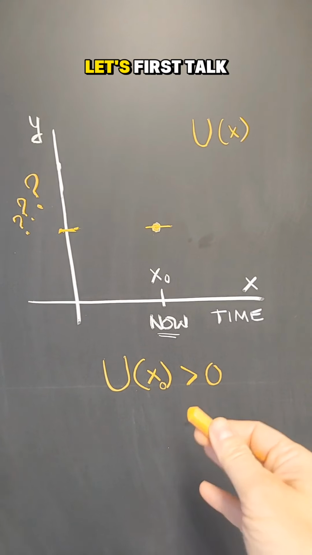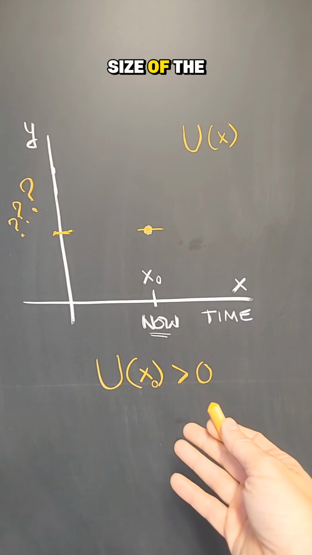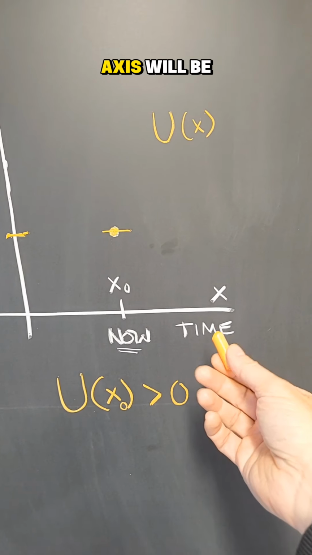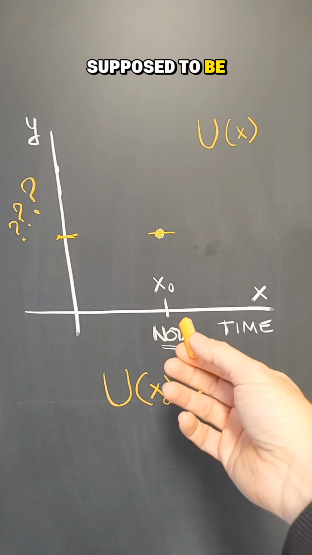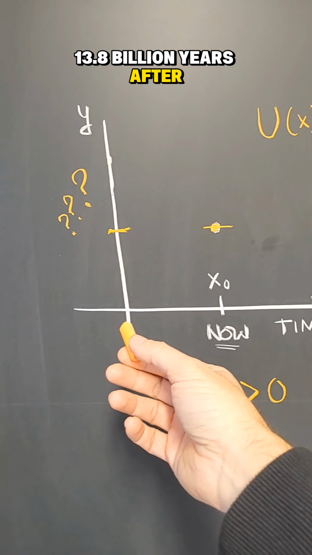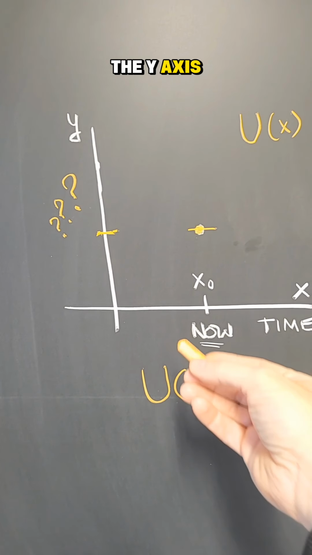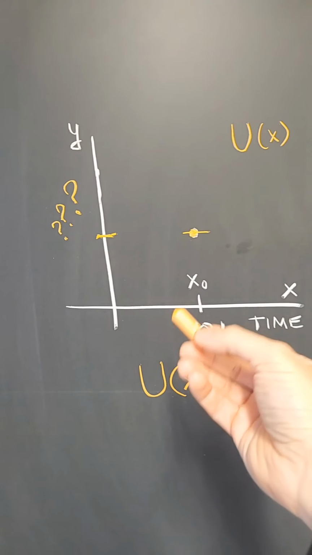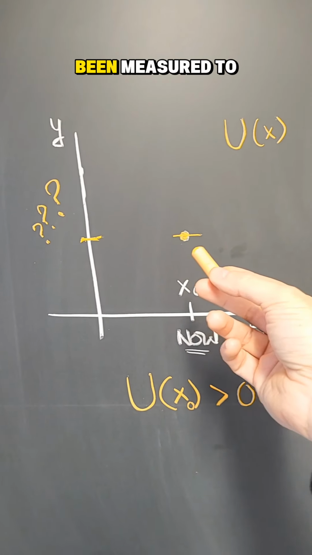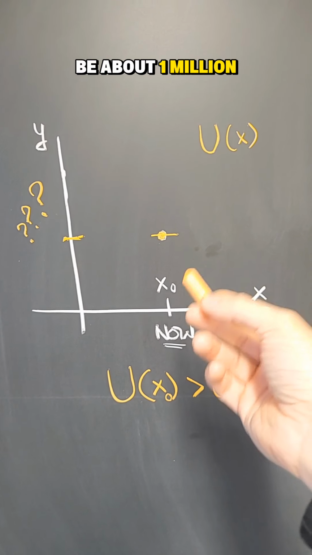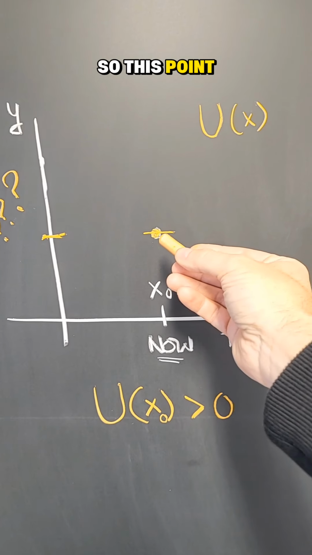So let's do that. Let's first talk about the units of the function I'm trying to model. U is supposed to represent the size of the universe over time. So the x-axis will be time measured in billions of years. Right now, it's supposed to be 13.8 billion years after the Big Bang, which I'm going to put at the origin of coordinates. The y-axis is going to be the average distance between galaxies in the universe, which right now has been measured to be about 1 million light years. So it's going to be measured in millions of light years. So this point here is